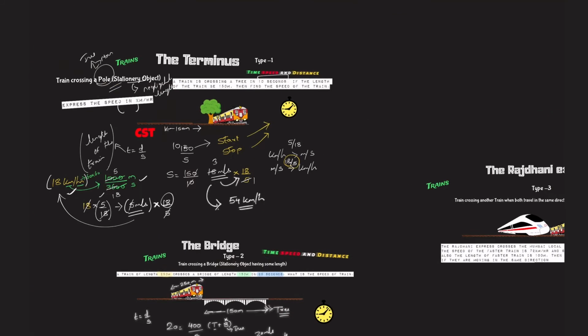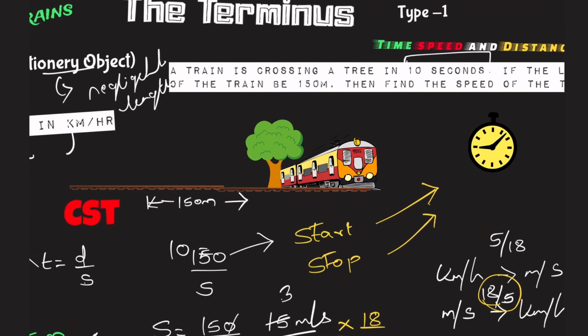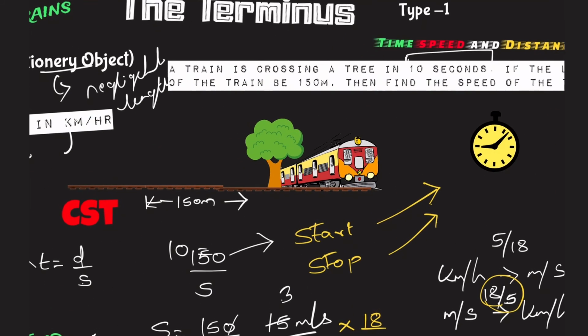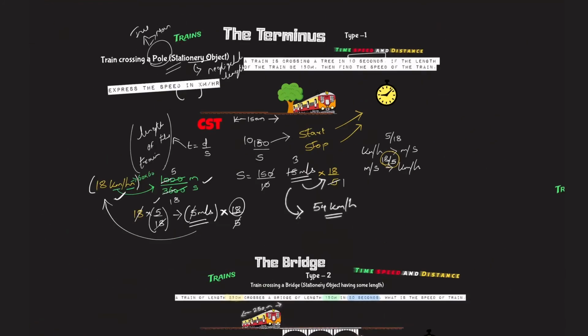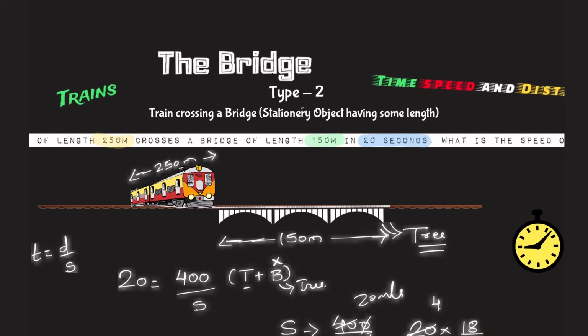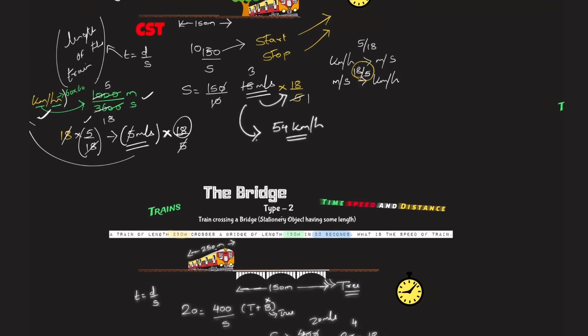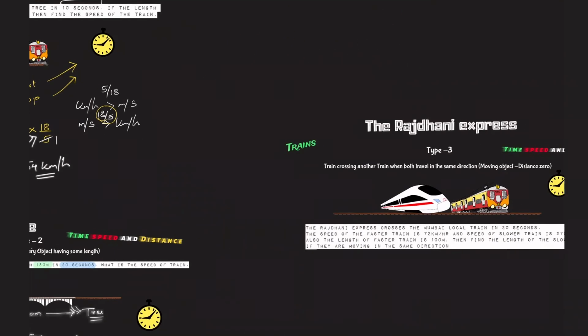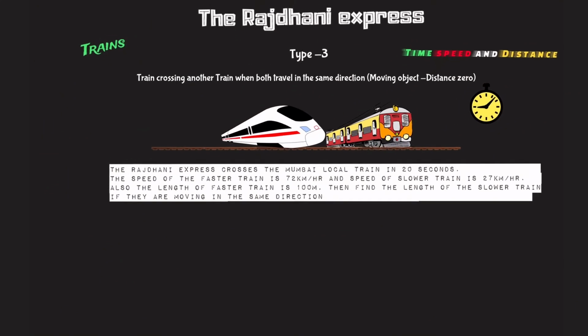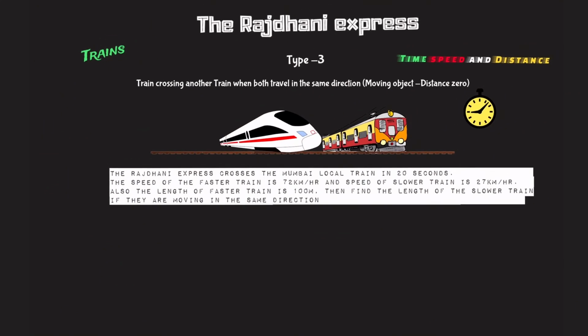Earlier we saw type 1, in which train was crossing a tree, but the tree was stationary. Train crossing an object having negligible length. Then we saw train crossing a bridge, an object having some length, but both were stationary. Tree and bridge were stationary. In this case, train is crossing another train and both of them are moving, and that is when the concept